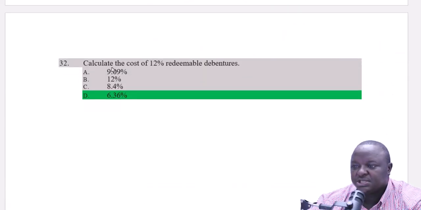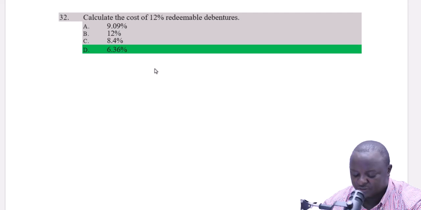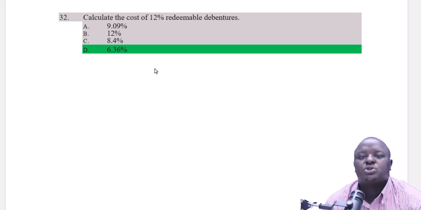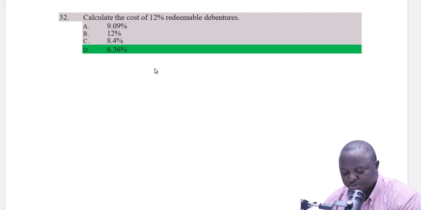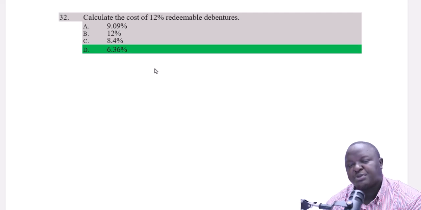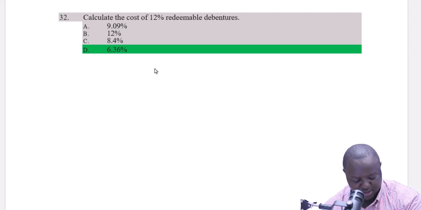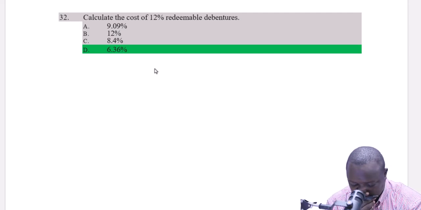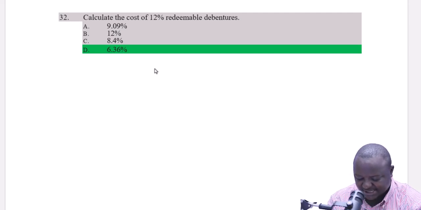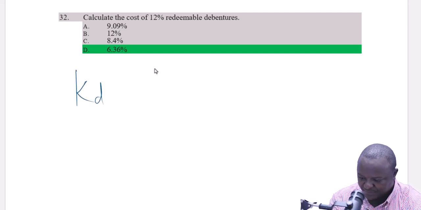Now question number 32: calculate the cost of 12% redeemable debentures. To be able to calculate the cost of redeemable debentures, we use the approximate cost of debt formula for redeemable debt, adjusted for tax, since the interest is tax deductible. So the formula for after tax cost of debt will be